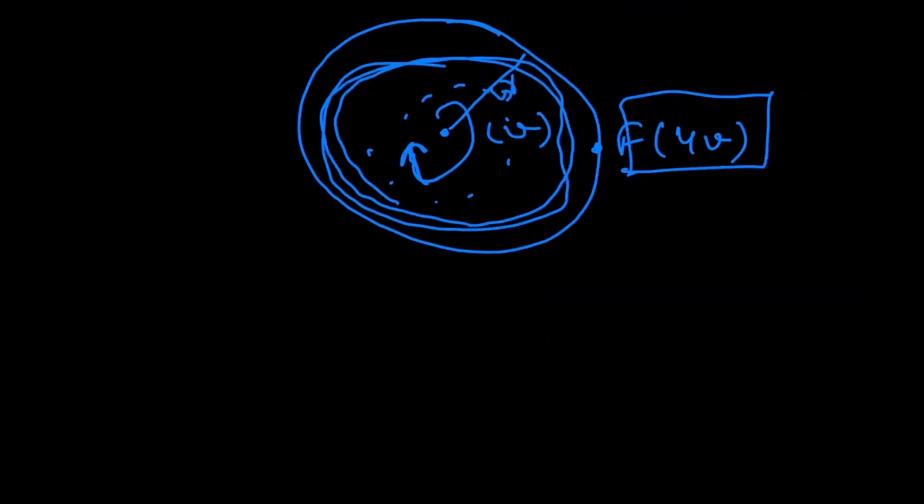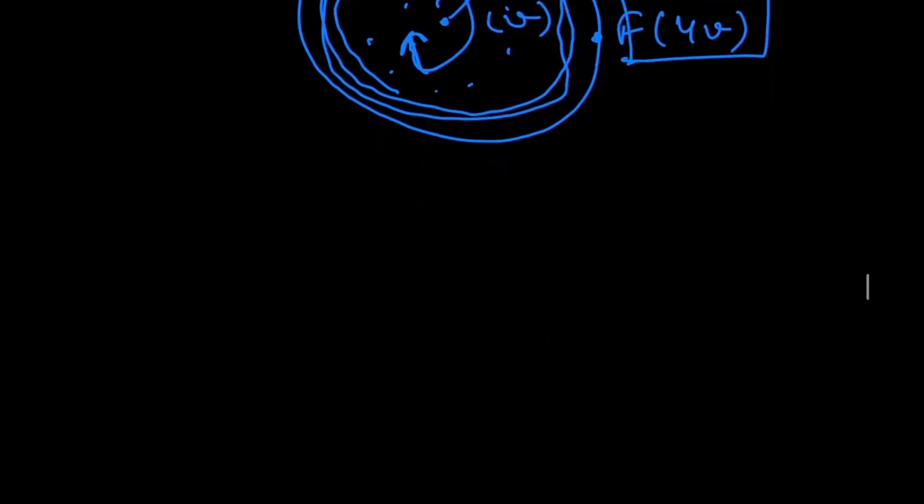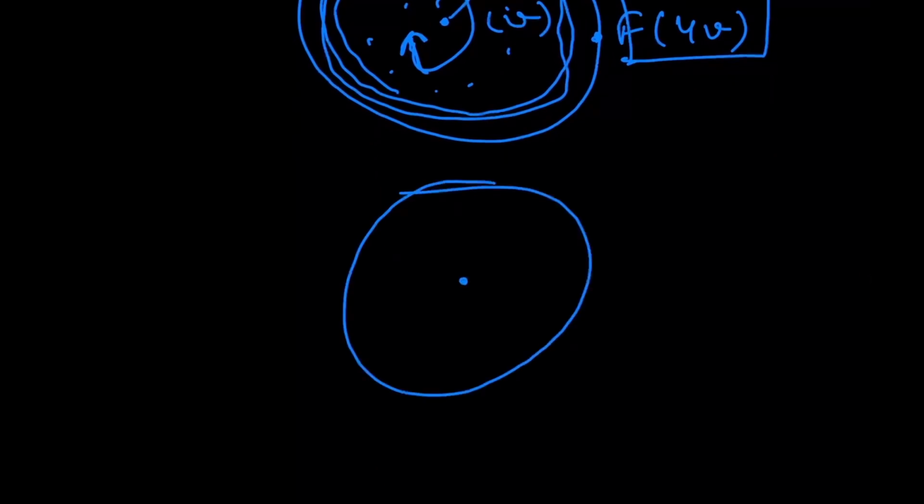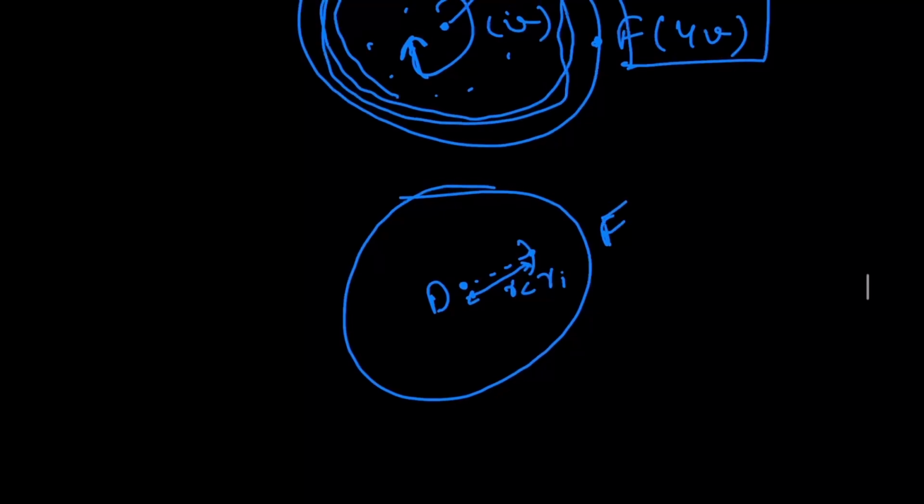And another point that might come to your mind is: during the course of the duck trying to escape the fox, if at any point, let's say when the duck starts to venture out, it is at a radius r less than the initial ri, and the duck stops, then the best strategy for the fox is to quickly come to the point that is closest to that position. So let's say the duck stops over here, and the fox will try to, as soon as possible, reach this position, which is the closest to the duck.